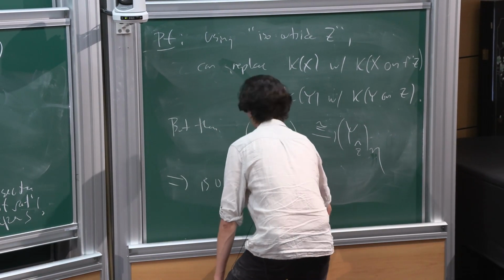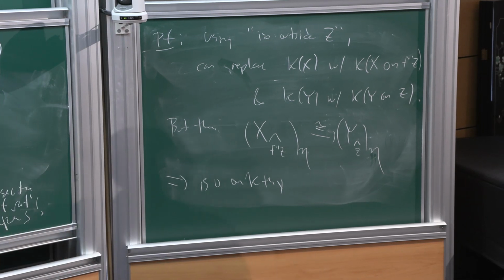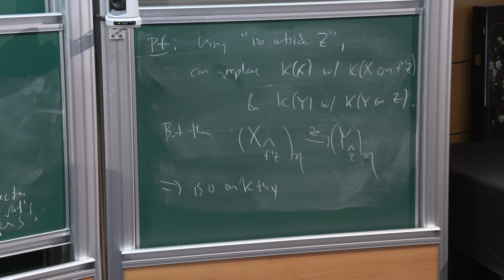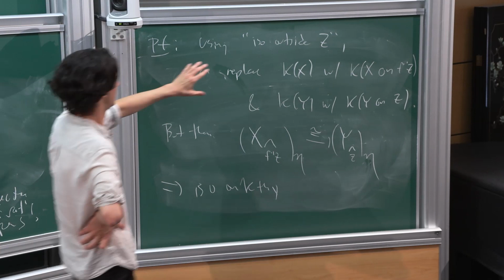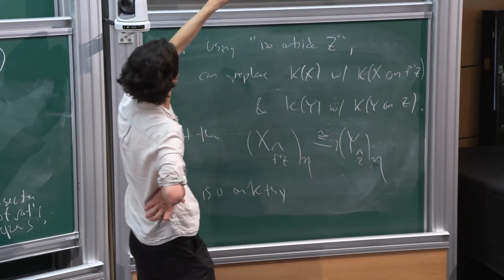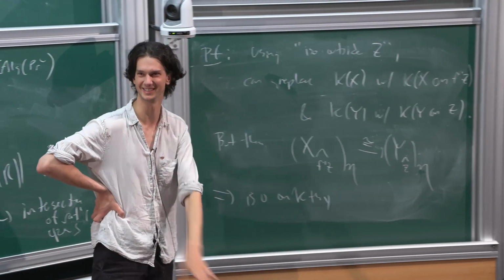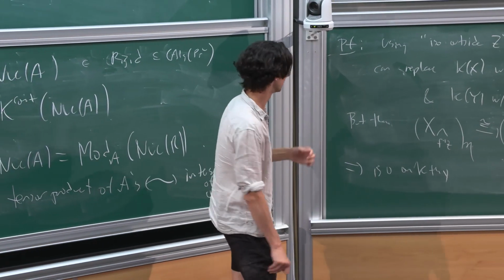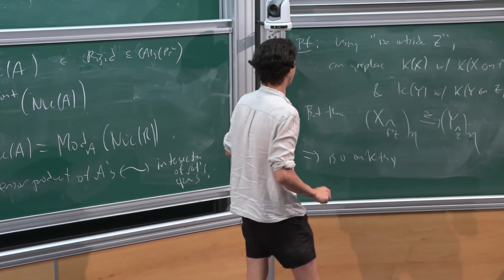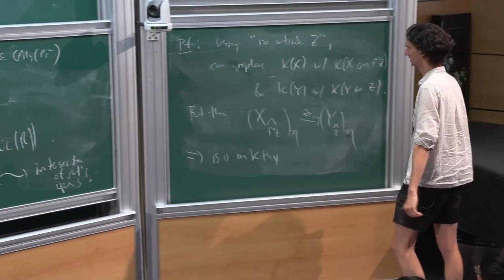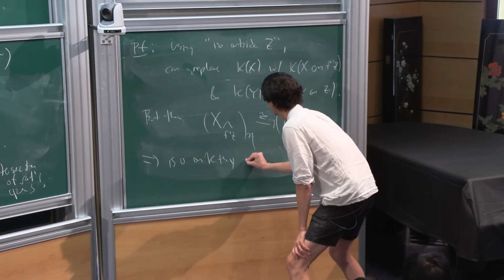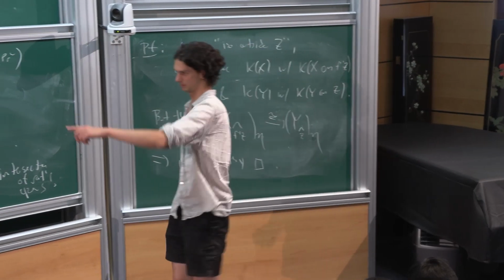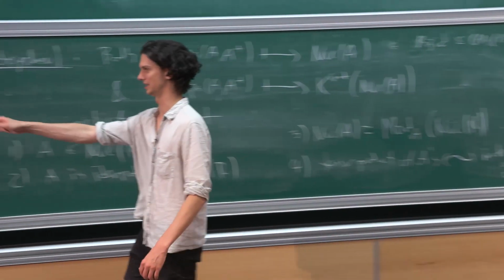Sorry, which assumption did you throw away? After I make this replacement here, I throw away the assumption. Oh no, I don't throw it away. I keep it. Sorry. Yeah, I still need it for this conclusion. So in particular, it gives an isomorphism on K-theory, and then that gives the proof by the description of the K-theory over here, which globalizes.